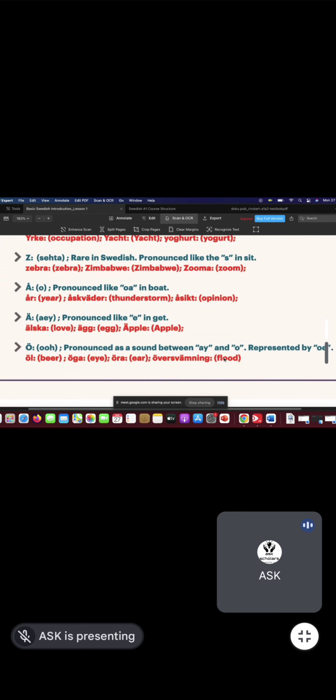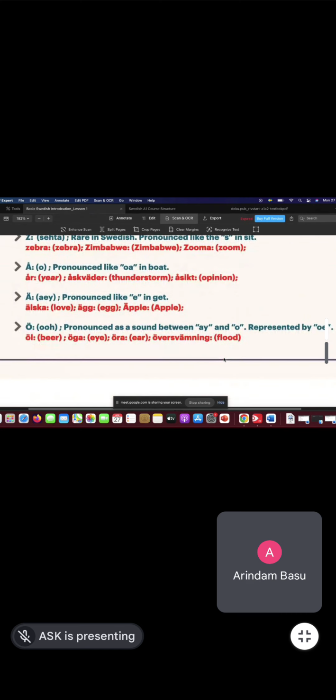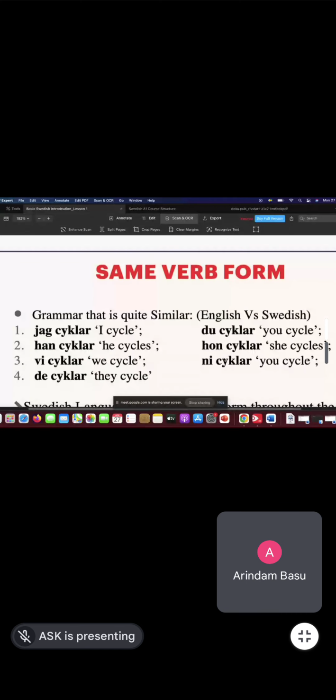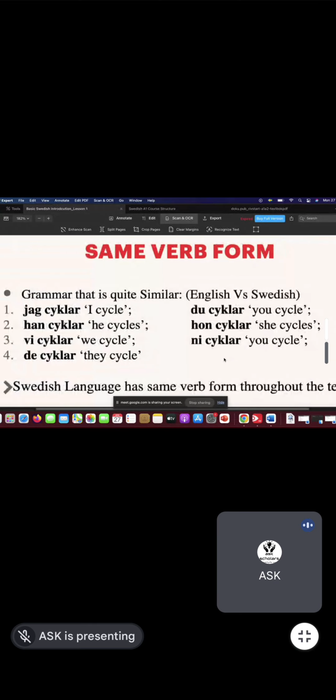So these are letters, 29 letters with examples. And then we can try to draw a bit of comparison with English. In English, when you write a present tense, you change it for third person. He, she, it, we place S, R, E, S. But in Swedish, we use the same verb with everyone. Like here, jag cyklar, han cyklar, he cycles, we cycle, de cyklar, they cycle, du cyklar, you cycle, hon cyklar, here ni means cyklar,